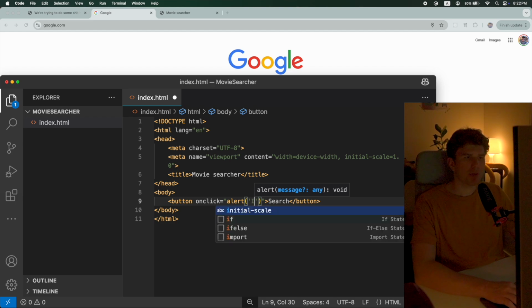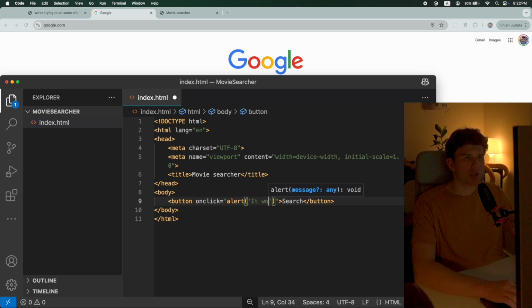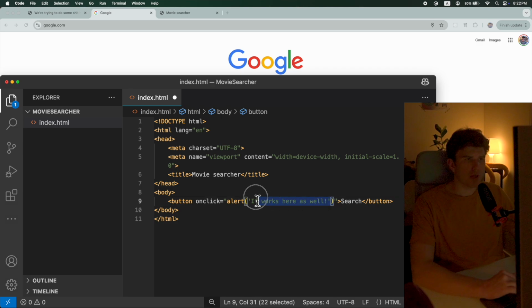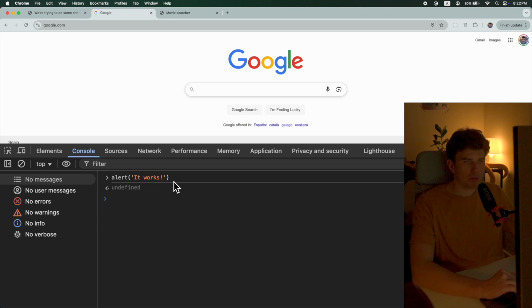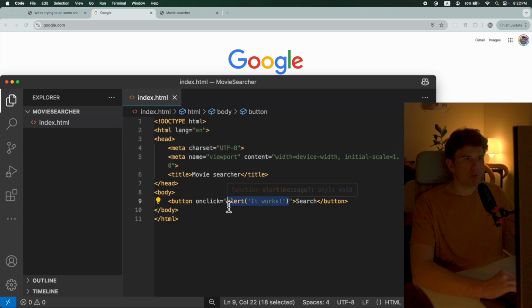And then let's type here, it works here as well. So this is the same alert instruction that we wrote here, and we wrote it inside